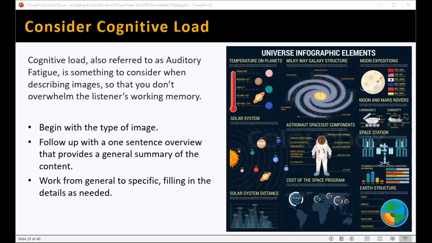So in this example, I have a very big, complex infographic with a lot of information on it. I would, again, begin with the type of image. It's an infographic. I would then focus on the title and give an overview, a one-sentence overview that provides a general summary of the content. Then I would work from general to specific, filling in the details as needed. So depending on where this is appearing, what kind of document it is, what your audience would need from it, you could either describe this as one sentence,